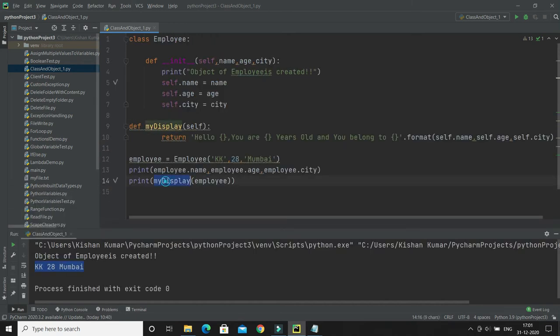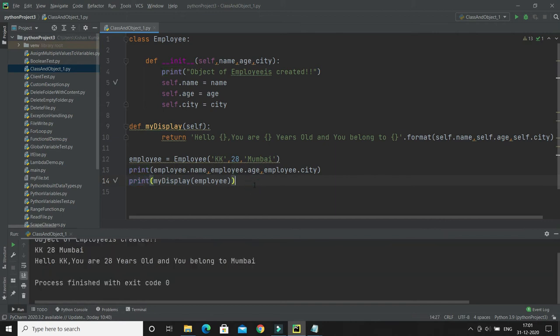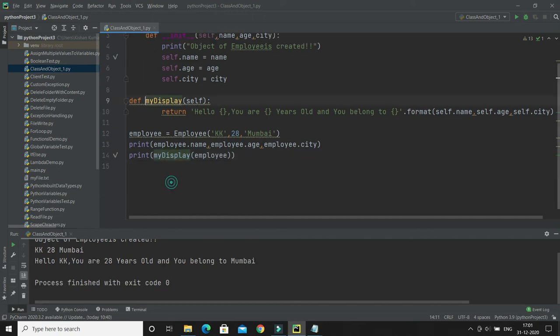So now I'm going to call my display from the print function. Let's see how it works. If I run it, then here you can see hello KK, you are 28 years old and you belong to Pune. So I'm calling from here, it is getting called and it returns this long string, and the same is getting printed over here, right?